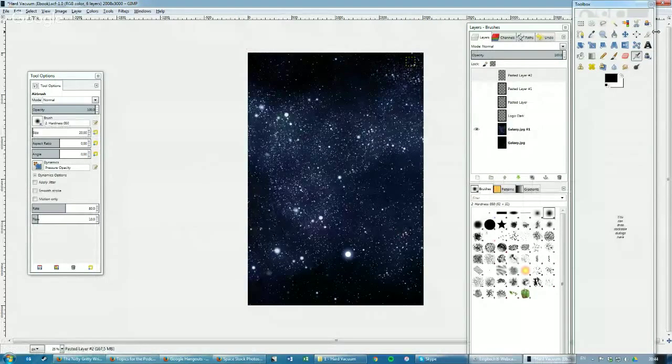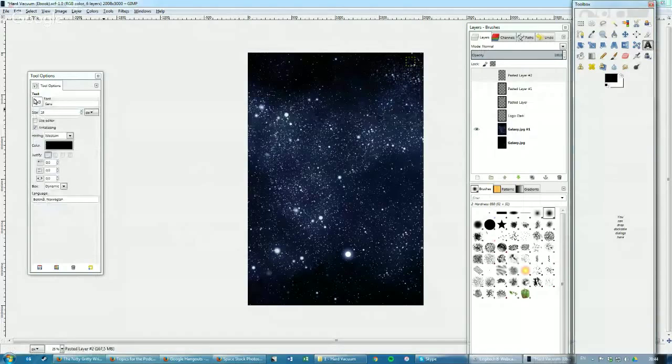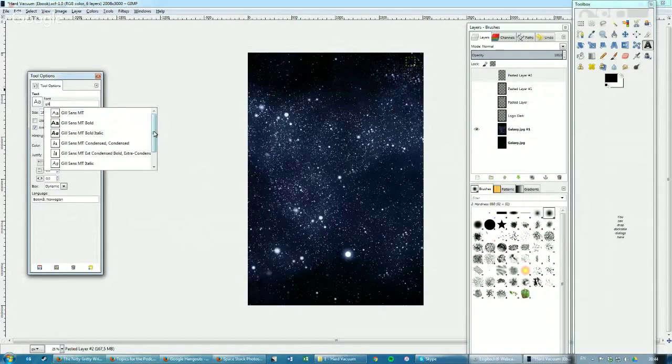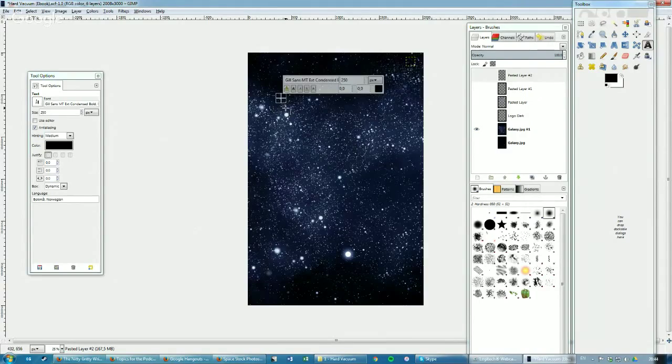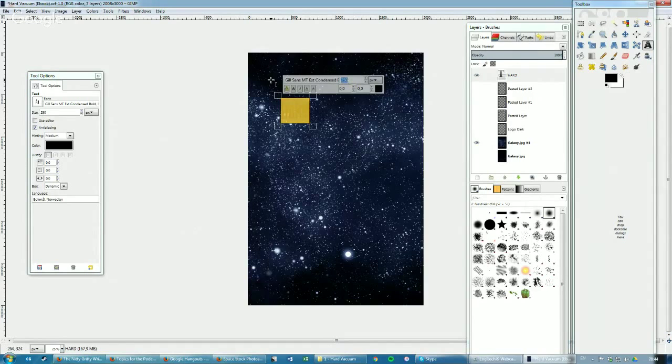Put it in GIMP. Then I go over to my font selection, and there's a font I found about 2 years ago, I think, that was free for commercial use, which is Gill Sans MT Ext Condensed Bold Extra Condensed. It's an exquisite font. I love it. It's really good for book covers. It's very simple, obviously, and